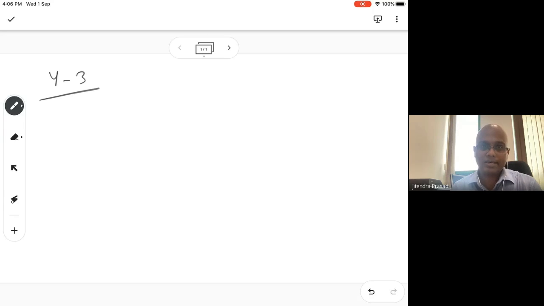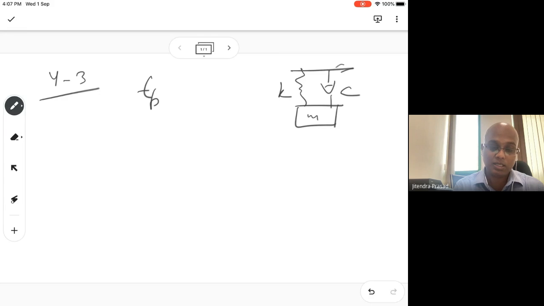is to show that the time Tp corresponding to the peak response of a damped spring mass system, with spring k and damper c like this, excited by a step force. A step force is this, and because of that there will be a response which will go like this,